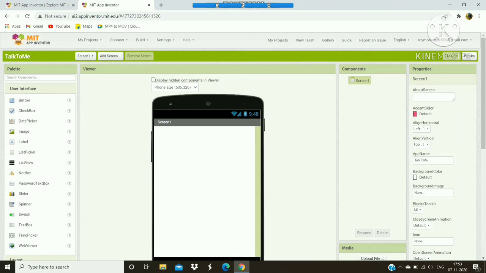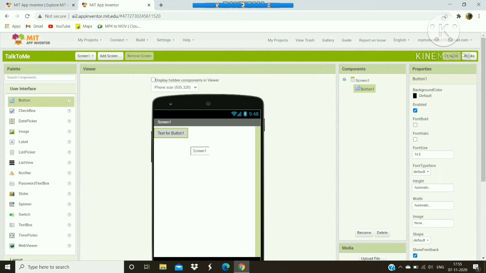You can see in the window, on the extreme left hand side, is the palette, where you can choose components. The center one, the middle one, is the viewer, where you arrange components. Right next to it is the components list in a hierarchical view. Just next to it is the properties window, to change component settings. Now our project needs a button. Click and hold on the word button in the palette, drag your mouse over the viewer, and drop the button, and a new button will appear on the viewer. You can see.